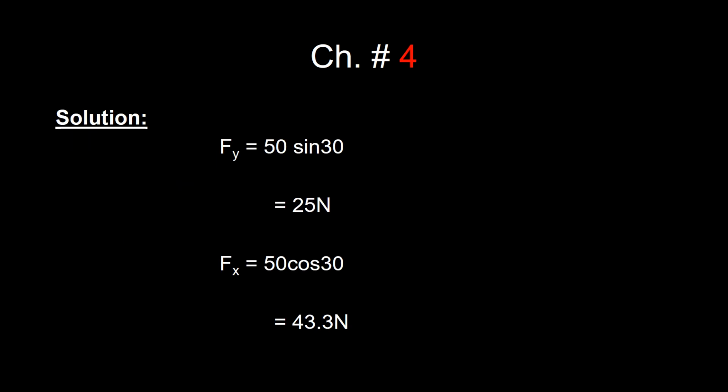I have given the solution as f is equal to 50 and sine 30 degree. You can directly press the sine button on your calculator and then type the angle as 30, then press the equal sign or answer sign. You will get sine 30 equal to 0.5, and when you multiply 50 with 0.5, you will get 25 Newton on your calculator screen.